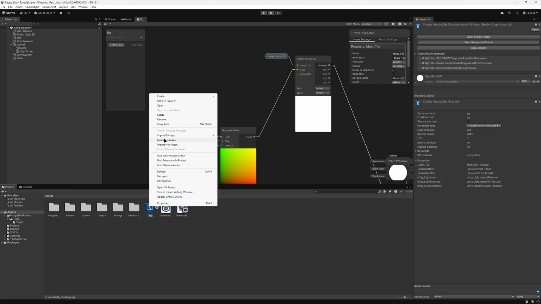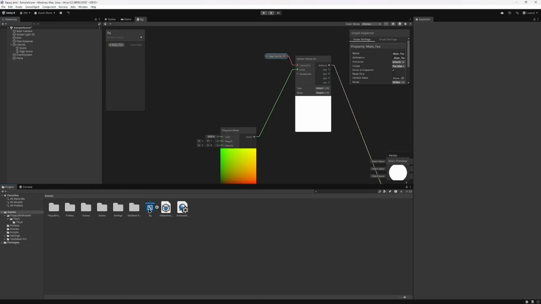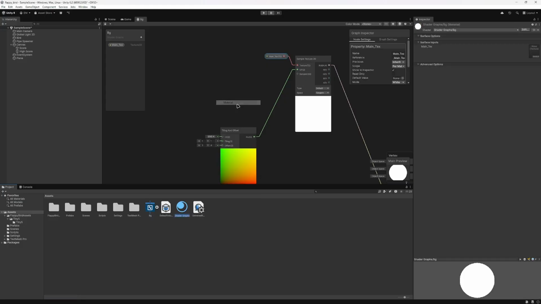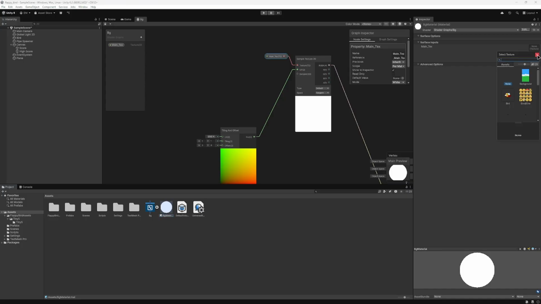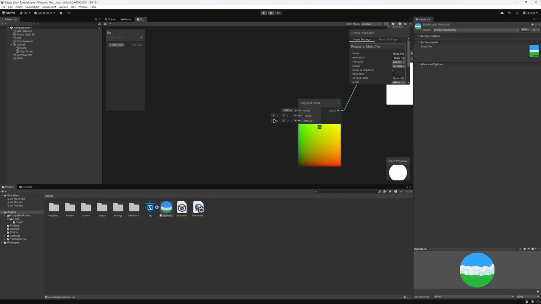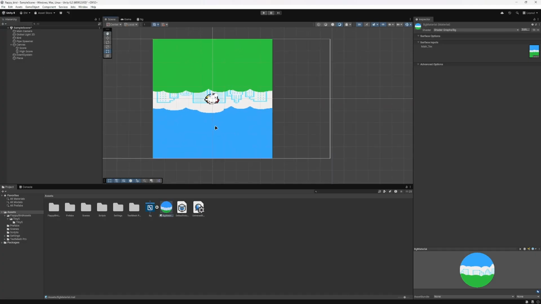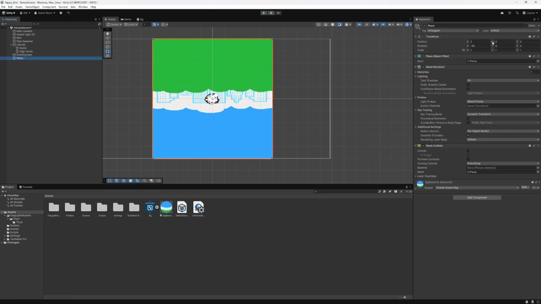And then down here, you want to go right click, create. You want to right click the shader graph, so create material, and we're just going to call this BG material. And then we're going to set main text to the background. Very nice. And now we can drag this material right there. However, it's upside down, so we just want to